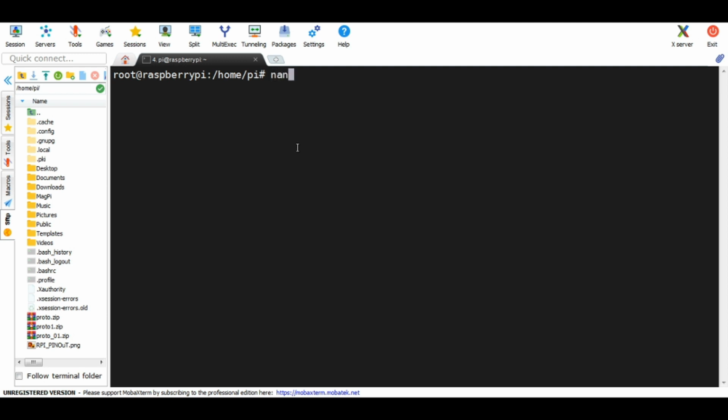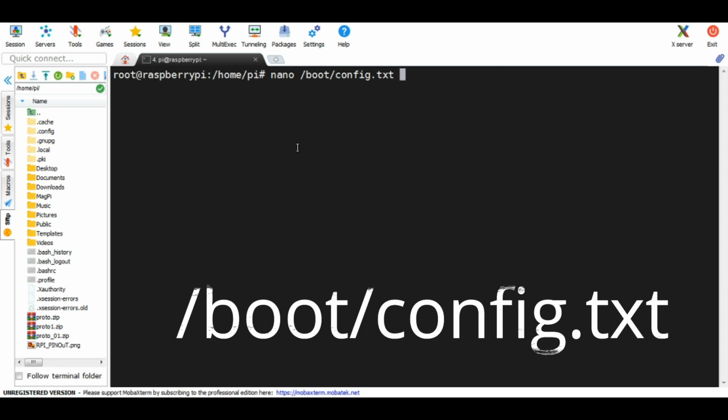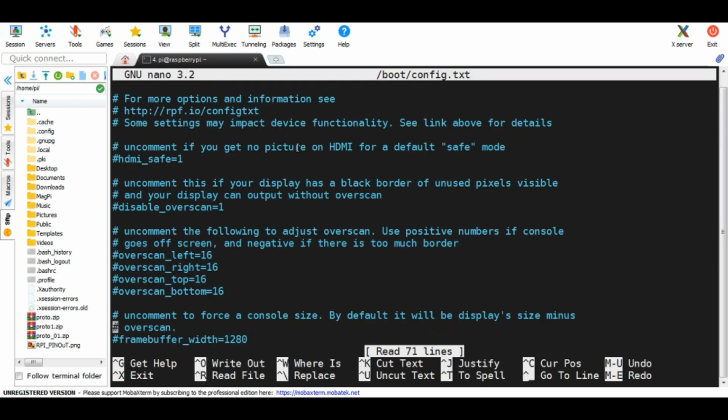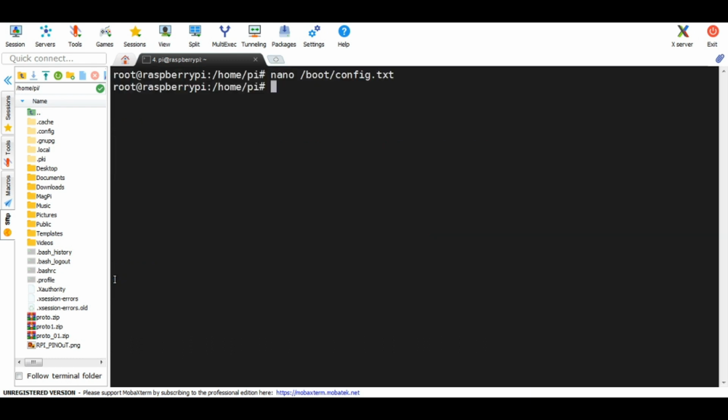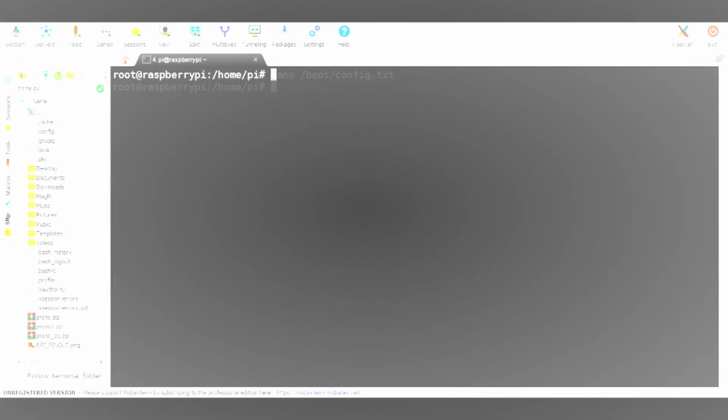Open that file using the nano editor. The path is boot/config.txt. Enter, go inside this. You need to add one particular line at the last, that is disable_splash=1. It was not there in your file, though I have already modified mine, that's why it is available, but you need to add it to your file. Save the file with the appropriate permission and go to the next step. Remember, this step removes the rainbow screen on the startup of the Raspberry Pi.